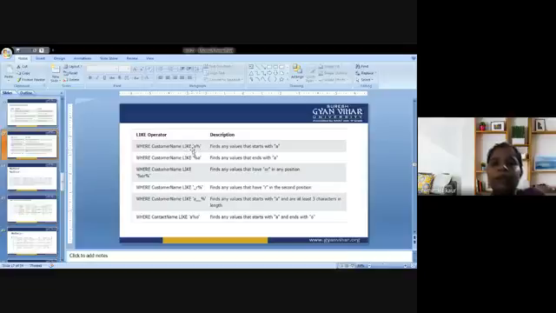If the pattern is like this, a percent, it means we are supposed to return values that start with the letter a. If it is percent a, it means we are supposed to return values that end in a. Now this, percent a percent, means we are supposed to return values having a in any position. It could be at the beginning, it could be at the ending, it could be in between.